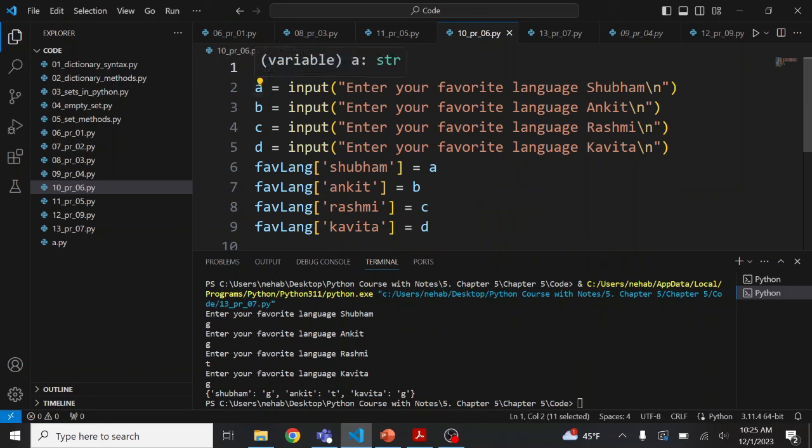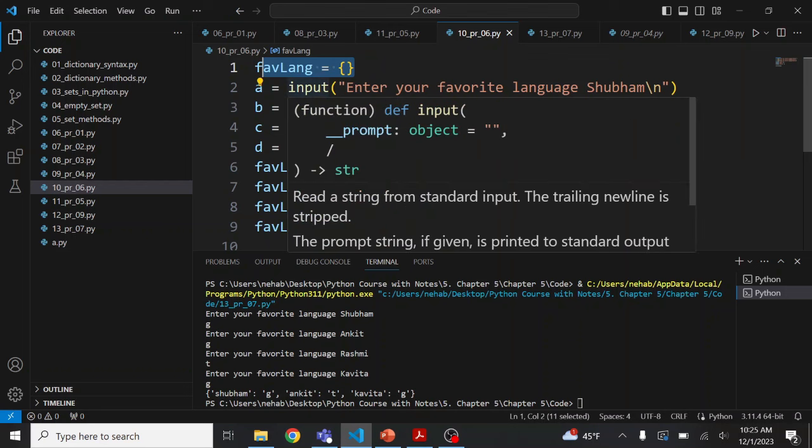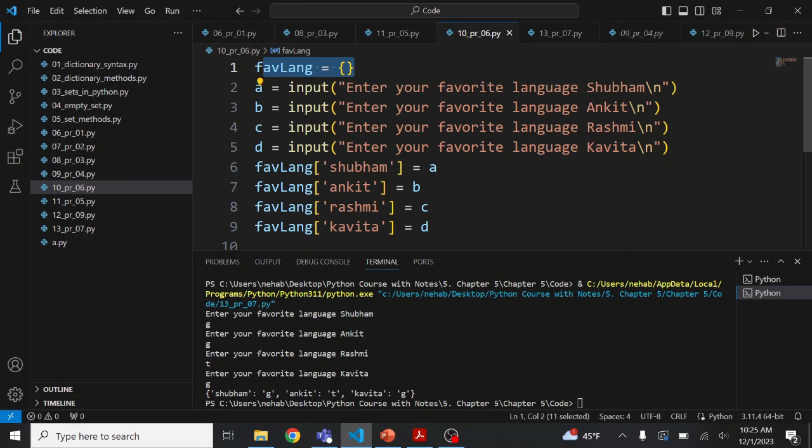So I have used four variables A, B, C, D, and then I have put "enter your favorite language Shubham," "enter your favorite language Ankit," "enter your favorite language Rashmi," and "enter your favorite language Kavita." So these are the input functions, and you know all about this input function from my previous video, right? So suppose the favorite language of Shubham is A from here, right? And the favorite language of Ankit is B, and the favorite language of Rashmi is C, and the favorite language of